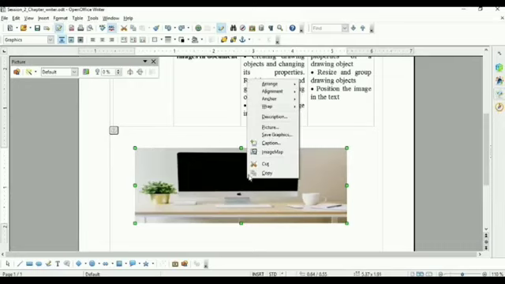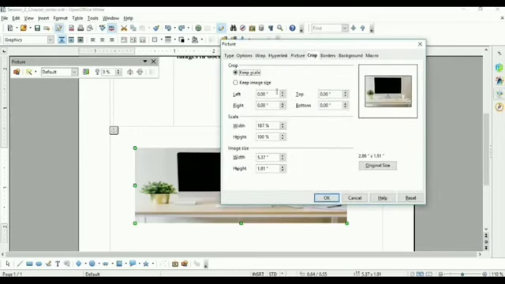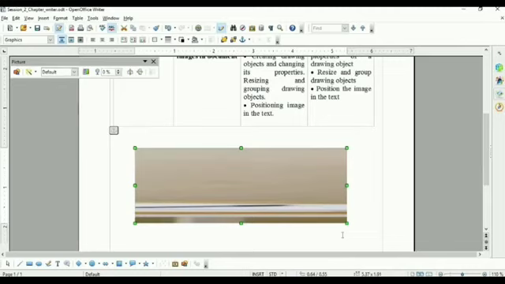Next, second one, again go to the picture, then crop. Now here keep image size, and do the same thing again here. Image size remains same. Even if you remove 5 inch from the left side, the picture size remains same. Set this size like 5 inch and then click OK. You will see size doesn't change. The size of the picture remains same, though it removed 5 inch from the left side. Is it clear?